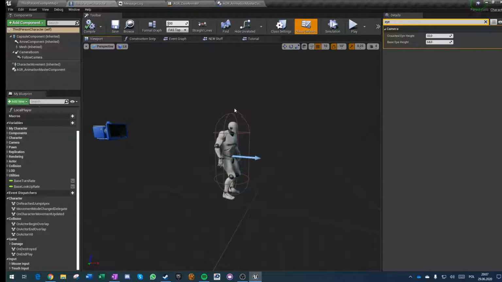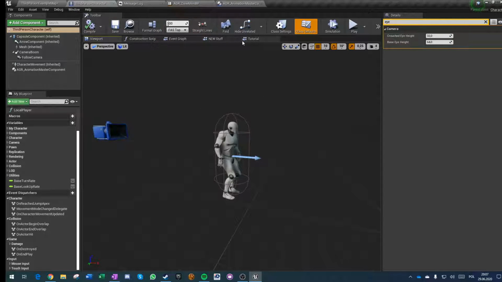So 172 centimeters on default. From here to here it is 88, and on 64, so around here, is the eyesight of the character. So it doesn't matter how the mesh moves. This is just how the root of the actor itself, which is here at the arrow at the center, is being moved when it comes down to